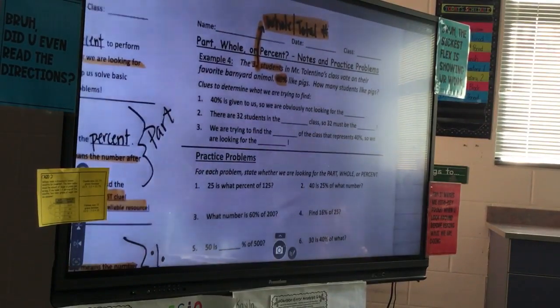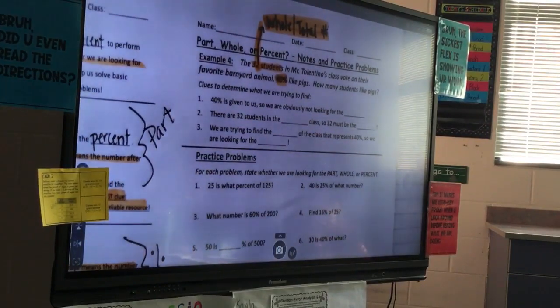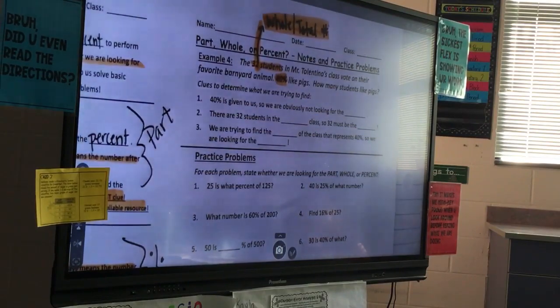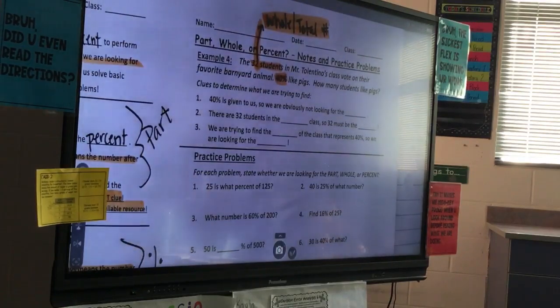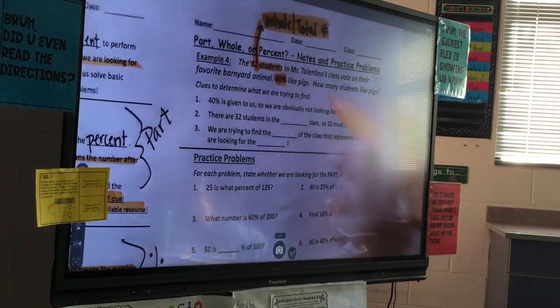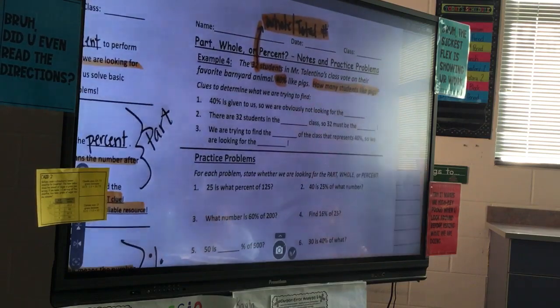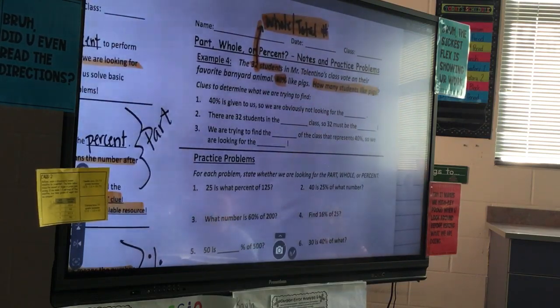We have our information for our percent. What are we looking for in this problem? The part. Okay, so not as hard as all this extra wordy information, right? Sometimes it's just going, and this is where it's really important for you guys to annotate. And then obviously if we were solving this problem, we would be looking to find out how many students like